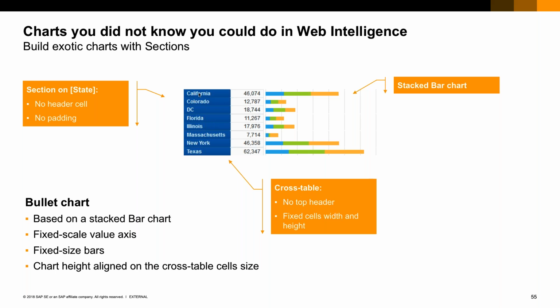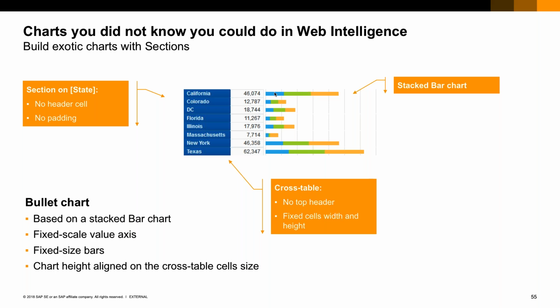Then the cross table is set into a section, and in that section we remove the header cell and we remove all the padding. So what you can see here is not a single cross table, but several cross tables, one in every instance of the section, which we've defined on state here. Next to each of these cross tables, which has a single value because the section is built on the same axis as the cross table, the state axis in that example,